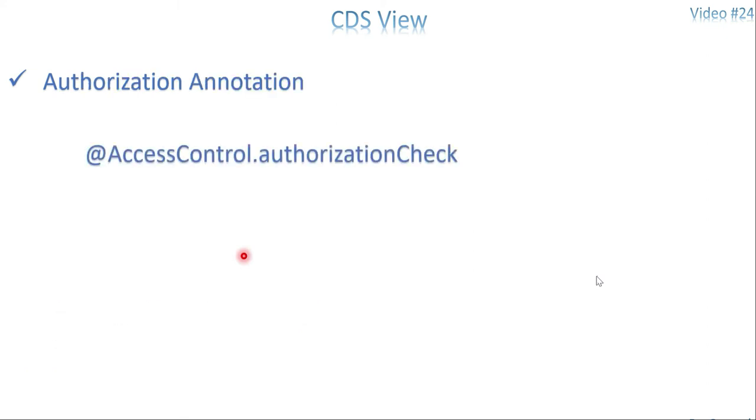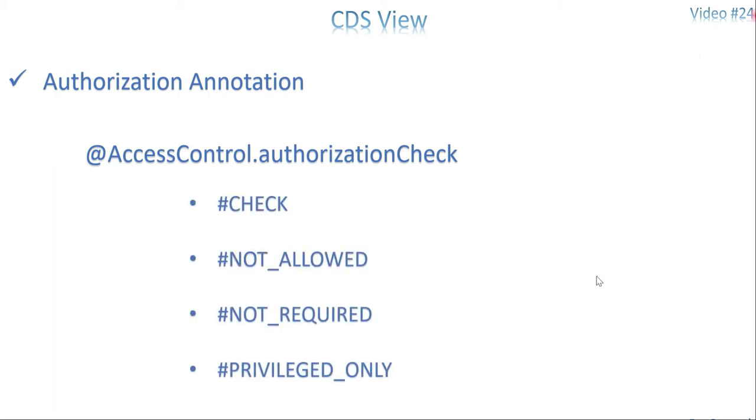Yeah, and authorization annotations. So this is the annotation of your authorization. It's at the header level. At symbol access control dot authorization check. This annotation has 4 different values. Okay, check, not allowed, not required, privileged only. I'll give a one-line description of each, and I will show you in detail when I explain it in the